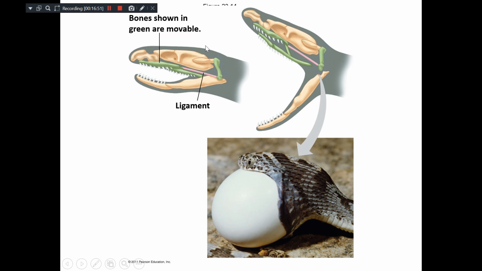See, here there is a small change in the ligament. The bones shown in the green area are movable. See here. When these ligaments are attached, the snakes can open their mouth up to this. So naturally, anything which is smaller than this can be swallowed. But